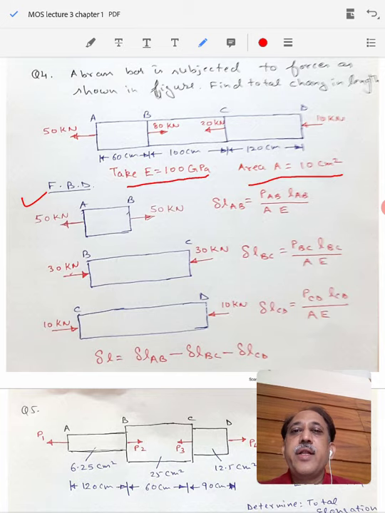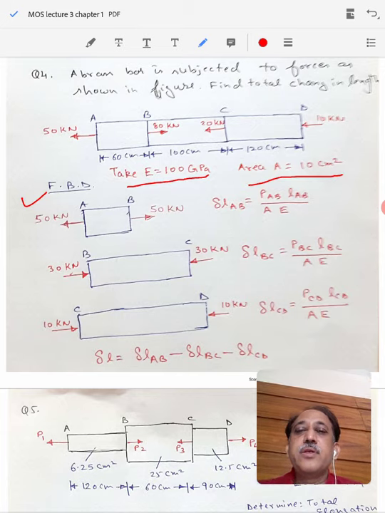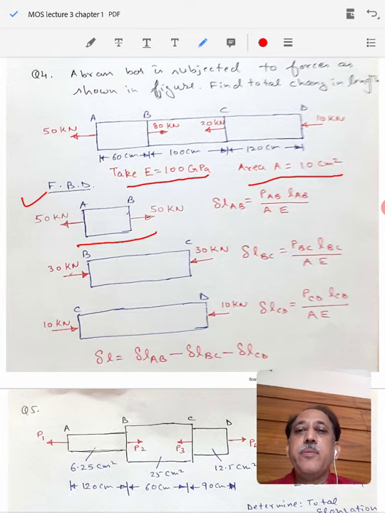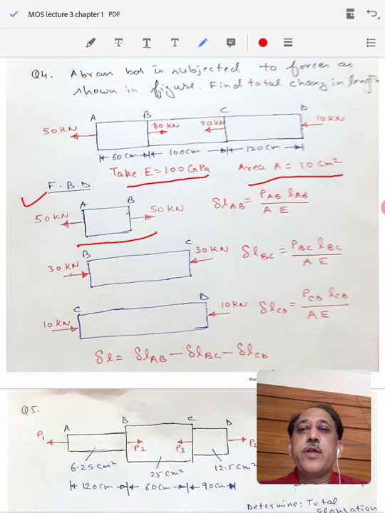If you make the net sum of the forces that are acting on the right hand side, that means if you take the 80 kilonewton force on the right hand side and subtract from it the 30 kilonewton force, 20 plus 10 kilonewton, which are acting on the left hand side, the net force acting on the section B will be 50 kilonewton. So this particular section of the bar AB is in perfect static equilibrium, because there is a force of 50 kilonewton acting on the left and right hand side both.